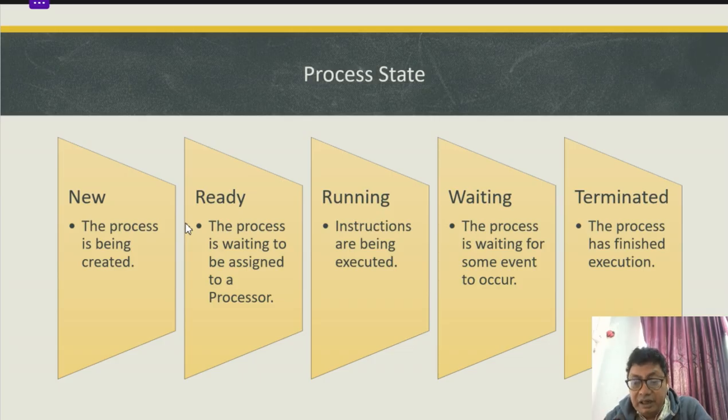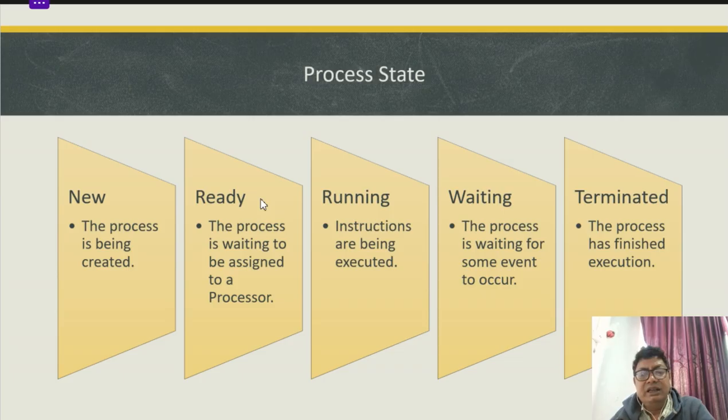Okay. Ready means the new to ready is possible. The sequence is very, very important. Okay. After new, the ready. The process is waiting to be assigned to a processor. Means until when it stays in the ready queue. Queue. I repeat, queue. It is not stack. It is a ready queue. The processes are waiting in the ready queue to be assigned the different hardware components and others.